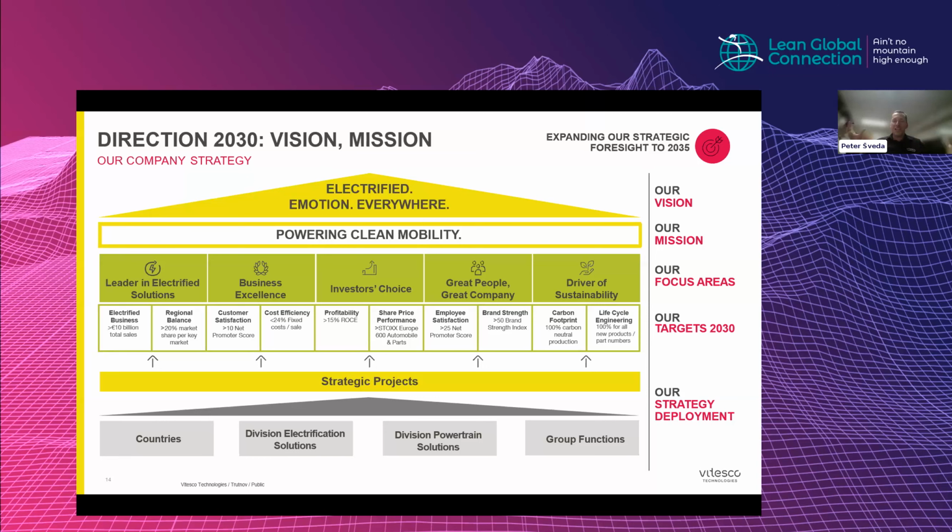And because it's too general, we have split it into 5 focus areas. You can see them in the green section. To be a leader in electrified solutions, so something about the electrified business, what we achieve and want to achieve. Business excellence, very important that the customer has to be satisfied with us and also to be cost efficient. And then investor choice, profitability and share price performance on the stock. And great people, great company, because people are still number one. And we see it also in these times, to have satisfied and motivated people, also to be known as a